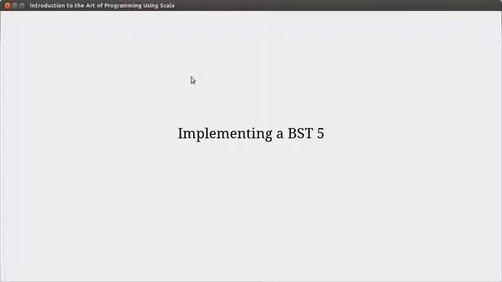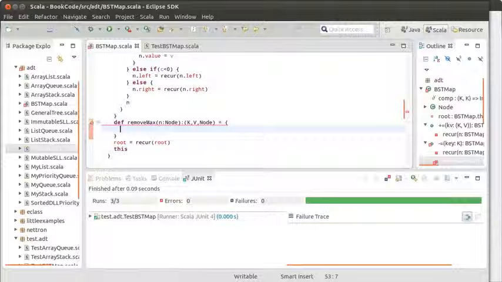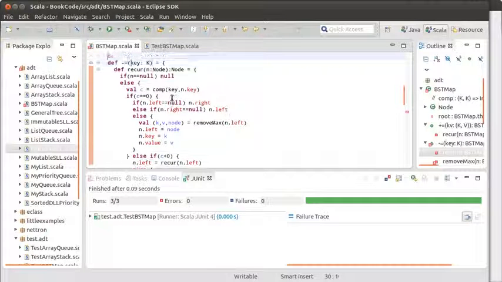This will hopefully be our last video on implementing our binary search tree. We need to finish off our remove method and then test it. So in the last video we started writing the remove method and we said we're going to break it into